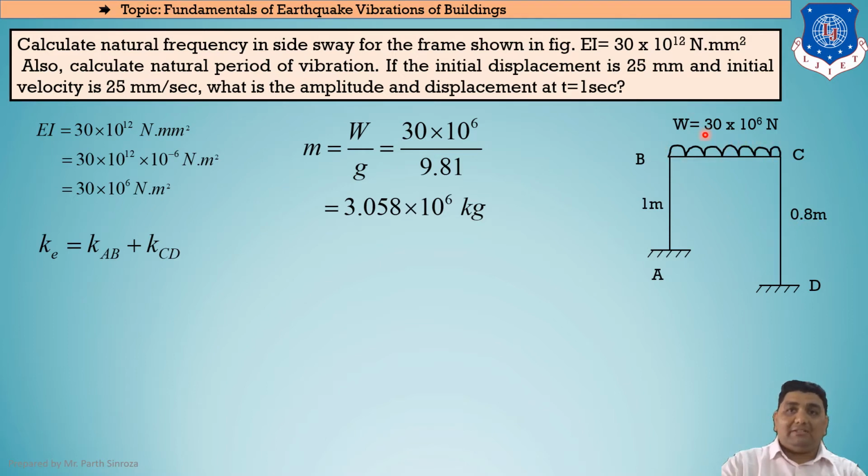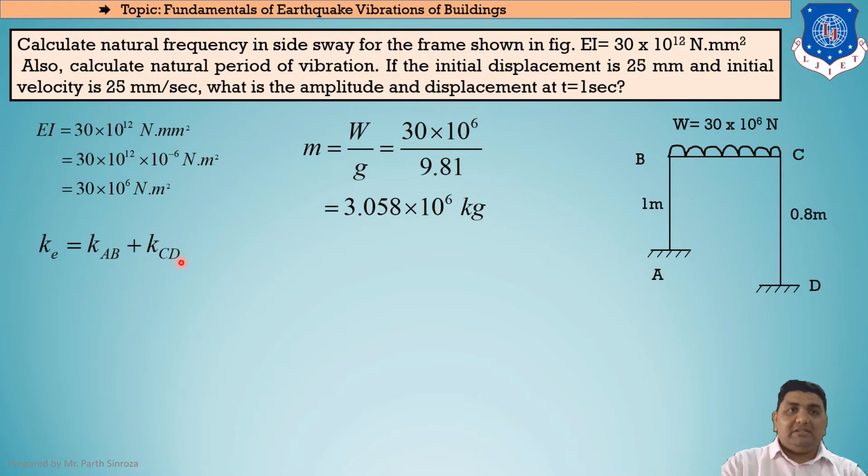If we take here as mass, this is a ground surface, then this will be acting as a stiffness material, or you can say spring element, and this spring element is parallel to each other. So for series connection, we saw how to use that equation in the previous sessions, and for parallel connections too. Whenever the parallel connections are given, we always add the stiffnesses of the individual members. So total effective KE will be equal to KAB plus K